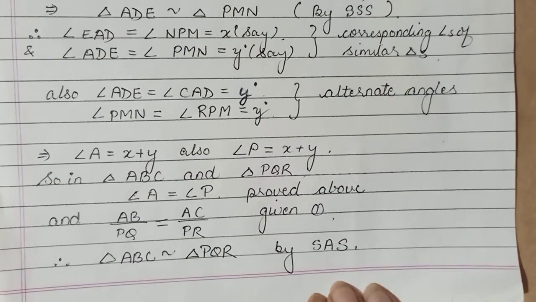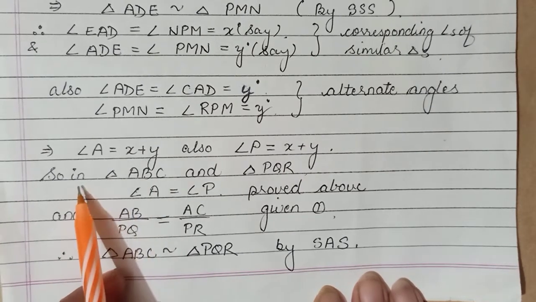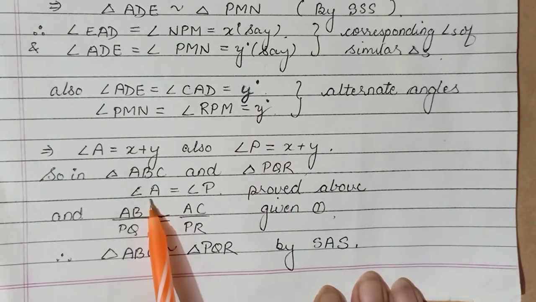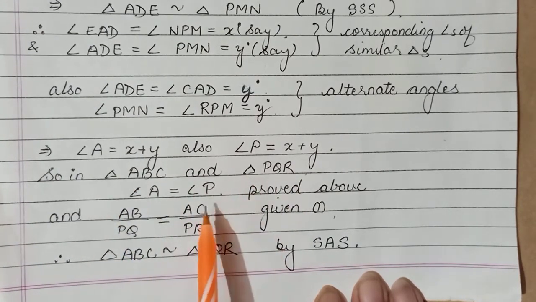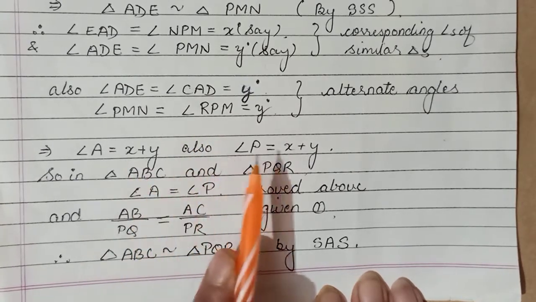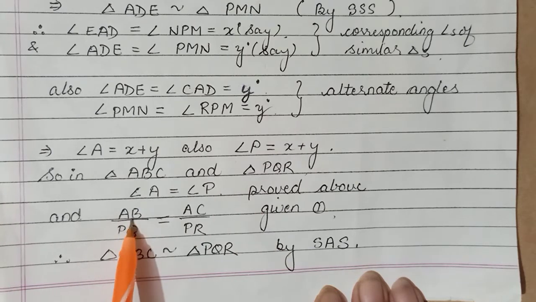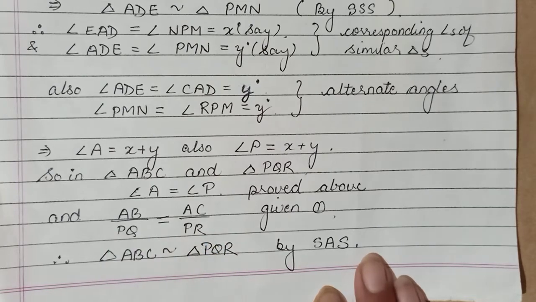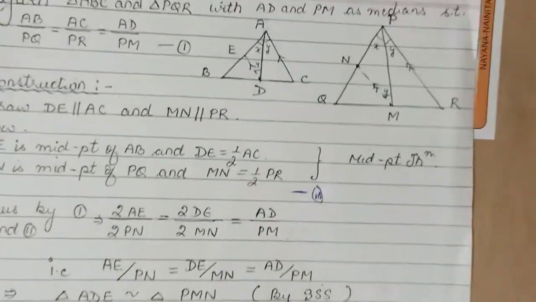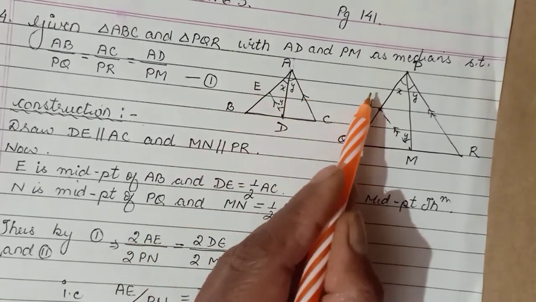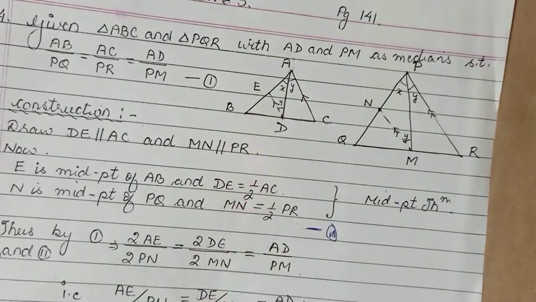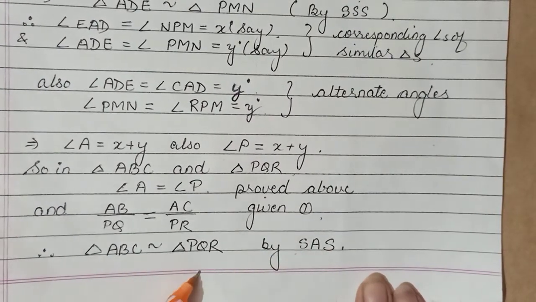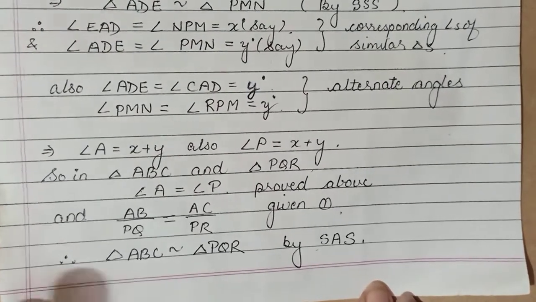So now ultimately you come to your main triangles that you had to prove similar. So we will say in triangle ABC and PQR, the big given triangles, we have observed that angle A of the first triangle is equal to angle P of the other. This we had just now proved here. दोनों x plus y आ रहे थे. And ये proportion तो already given था हमको, that AB and AC are proportional to PQ and PR. The sides bearing the equal angles are in proportion. Okay, ये साइड्स हमारी ऑलरेडी प्रोपोर्शनल गिवन थी और ये एंगल बीच का इंक्लूडेड एंगल हमने इक्वल प्रूव कर दिया है. हेंस we have shown SAS criteria in these two triangles, so these two triangles will be similar. That is what you have to do.